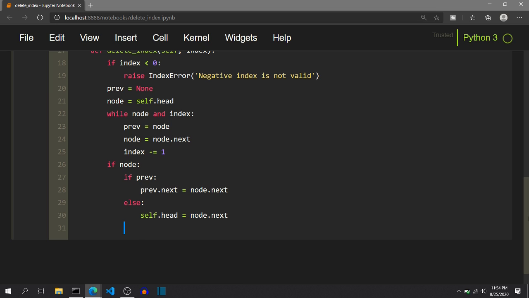And in both these cases, we have deleted some node, and that node is present in the node variable, so we need to free up the space by using the delete keyword, like this, delete node. But if this node condition becomes false, that means node is none, index has not been exhausted but node has become none. So we know that index that is passed inside this function is greater than or equal to the length of linked list. And inside this else clause, we can raise index error